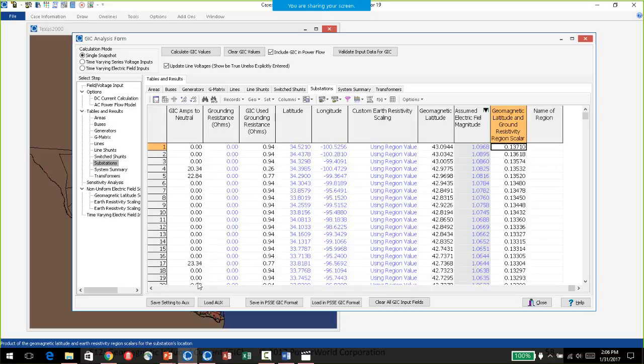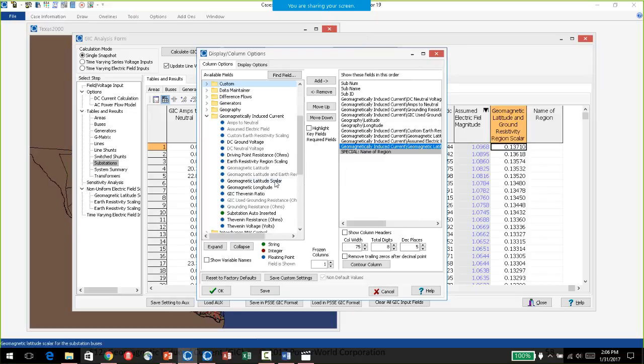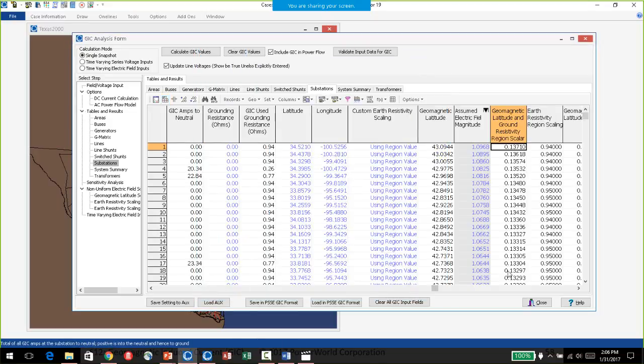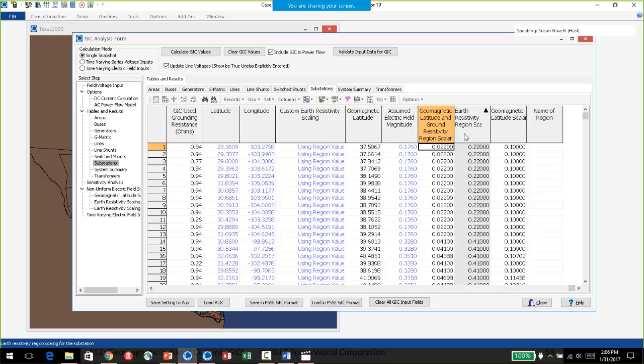And there's also a field. You might have to show it because it doesn't look like it's on here by default, but if I show it, there's a geomagnetic latitude scalar and an earth resistivity region scaling, and I'll put those in there. So I can see we have different values; some of these are pretty high, and some of them are pretty low.